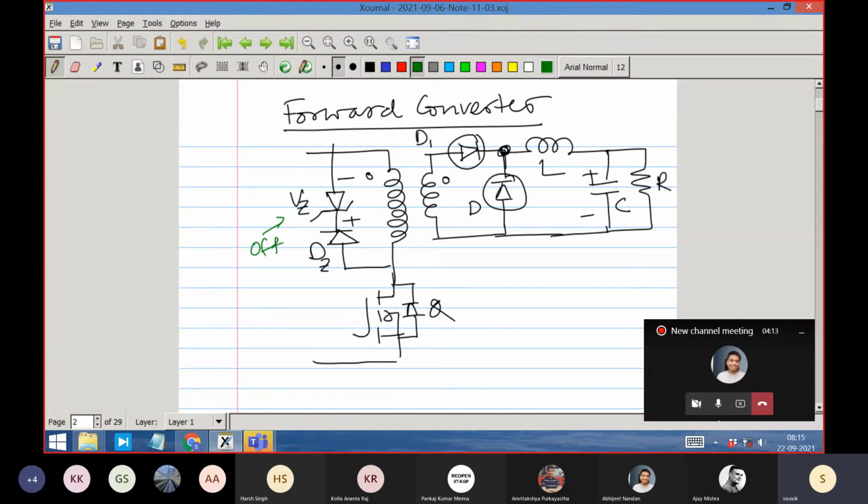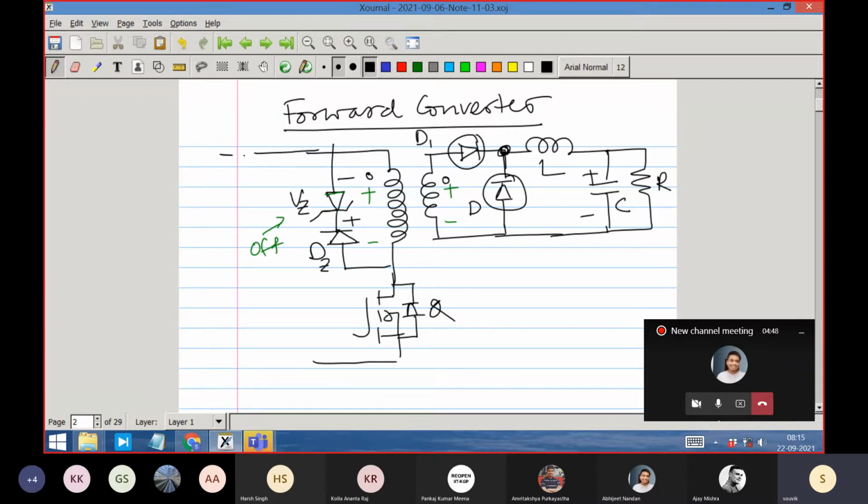On period it should not interfere, because when the switch is on, the voltage across this will be plus minus, and the diode will be conducting, and at that time Zener has no role. Zener should not do anything. So to block the Zener from doing anything, because you see that this terminal is anode and this terminal is cathode, if you do not put this diode, the Zener will conduct and will interfere with the on state function of the converter. So let's just write VG here.